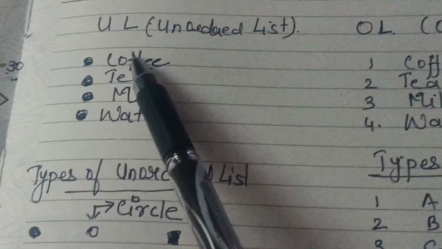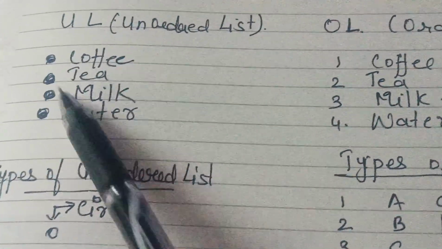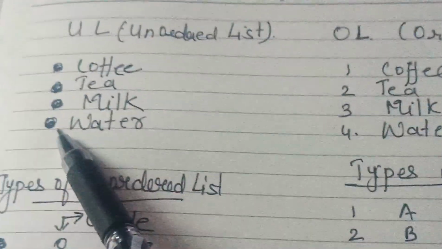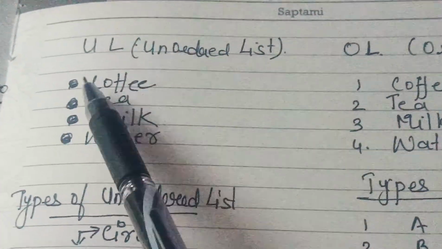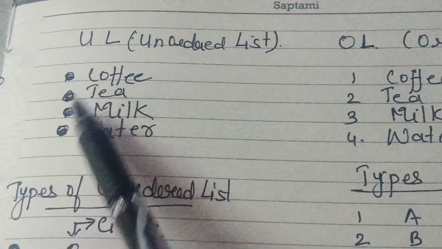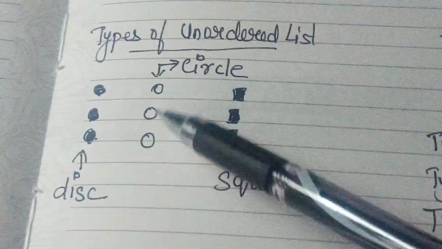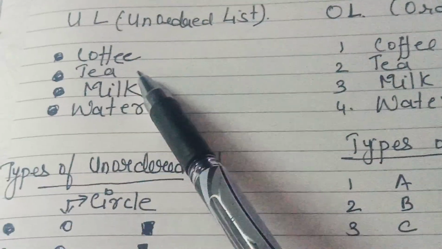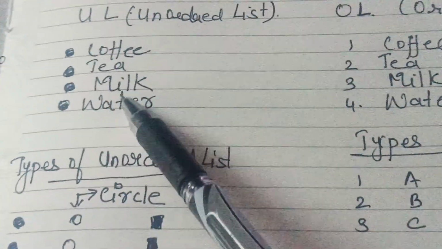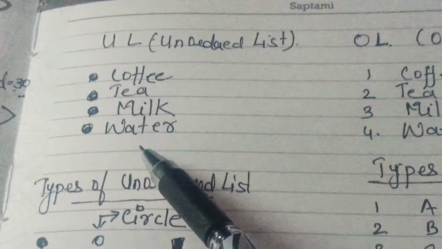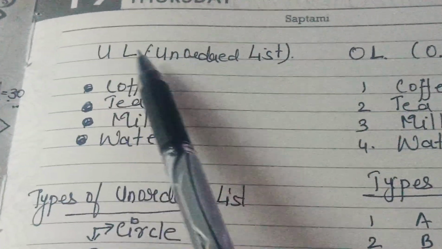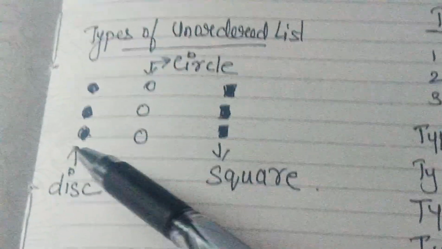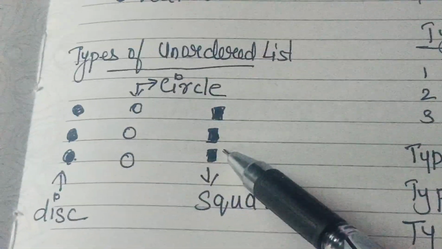It is not numbered. The items in the list are not numbered, but are displayed with the help of symbols. It will be either in the form of this, which is called disk, just look here, this is called circle, and this is called square. So the list that we are going to display with the help of unordered list can have 3 types of bullets. It can be disk, it can be circle, or it can be square.